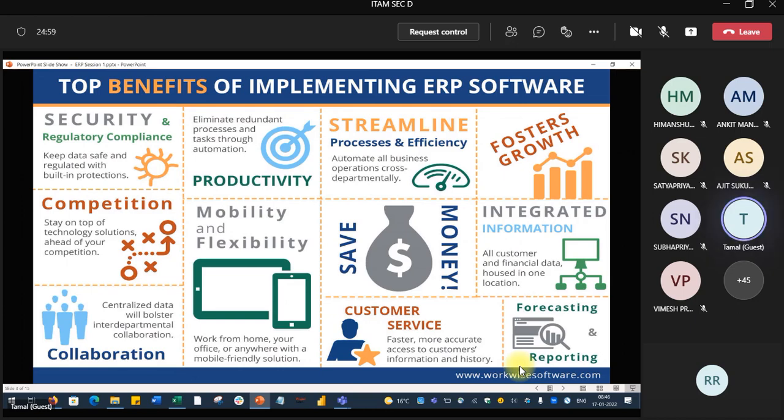Now the dependency of the organization on humans will be less. So that might be a pain point for many of the employees of that organization, especially the older employees. But ERP will drag them into an attitude of collaboration. So collaboration will be automated. Otherwise, they will not be able to perform their job.